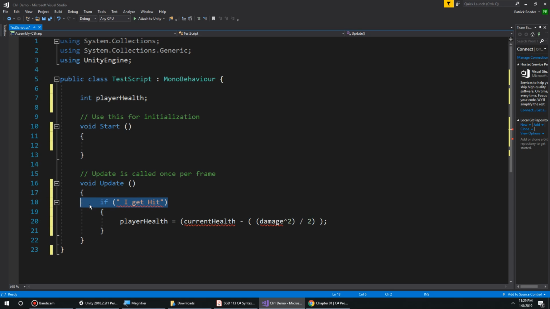First, I get hit by an enemy bullet. Then we're going to take my current health, but before we can subtract a number from it, the damage of enemies has been squared. They have a buff going on right now, but I also have super armor on. So we're going to do that little bit of parentheses here, and then we get a number. And then these parentheses right here say, hey, after you square that damage, divide it by half for that super armor. And then this whole statement gets solved, and then we can subtract whatever damage number this is from our health,